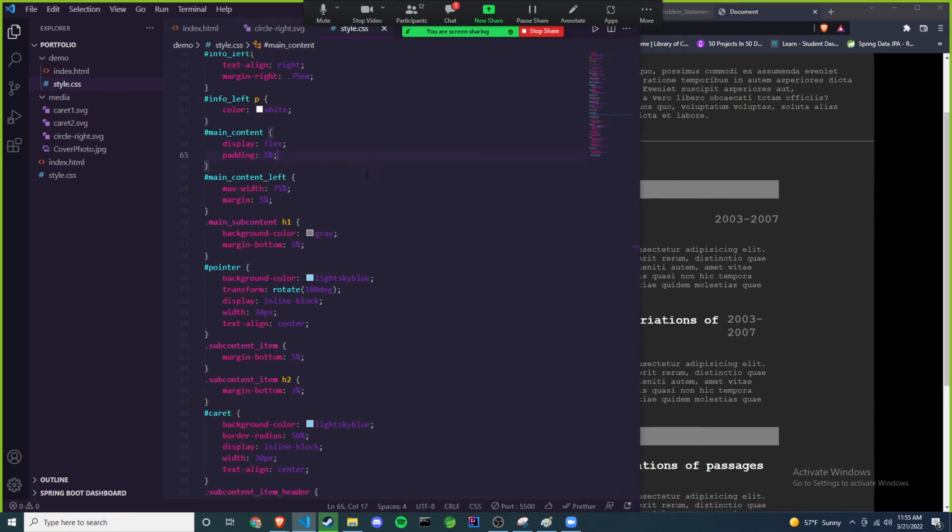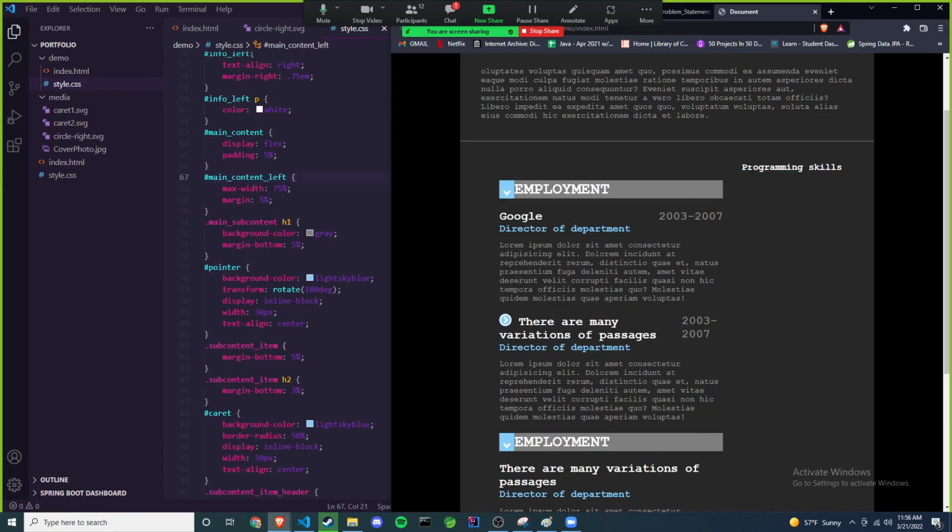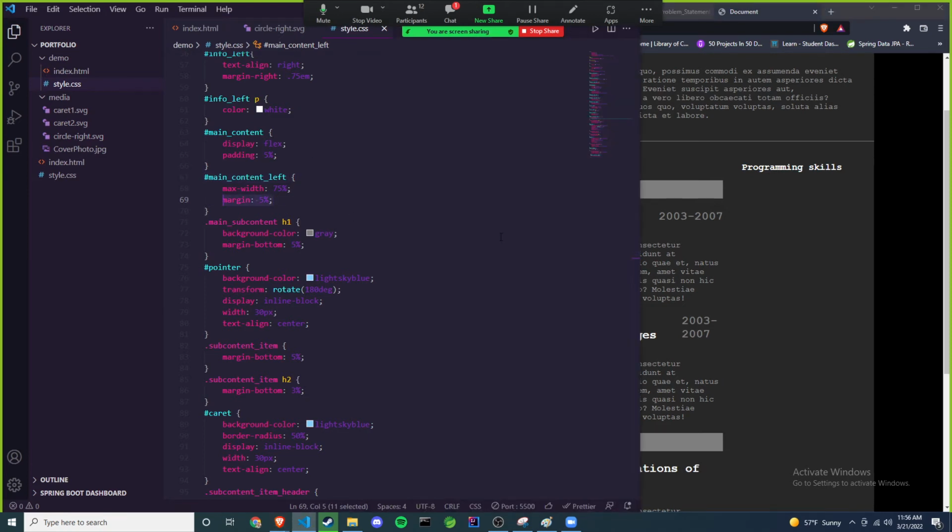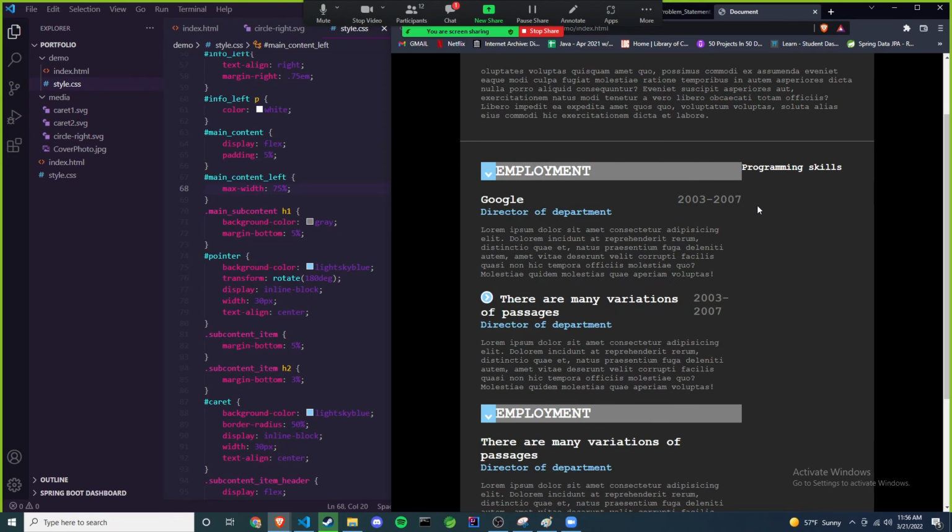So if I can get rid of this flex direction column, now it's back to being a sidebar. And then I'm going to get rid of this main content left has a margin of 5%. I don't want that. There we go. Yeah, I think that's why it was taking up too much white space. And then